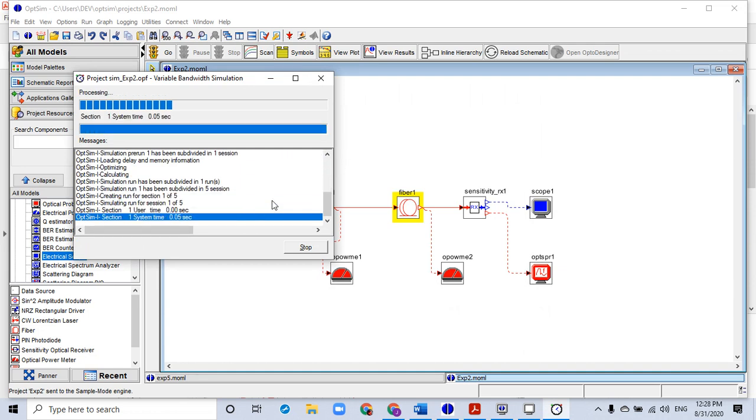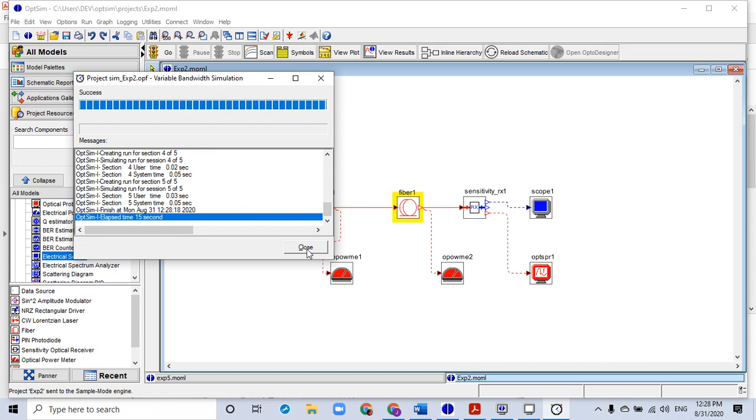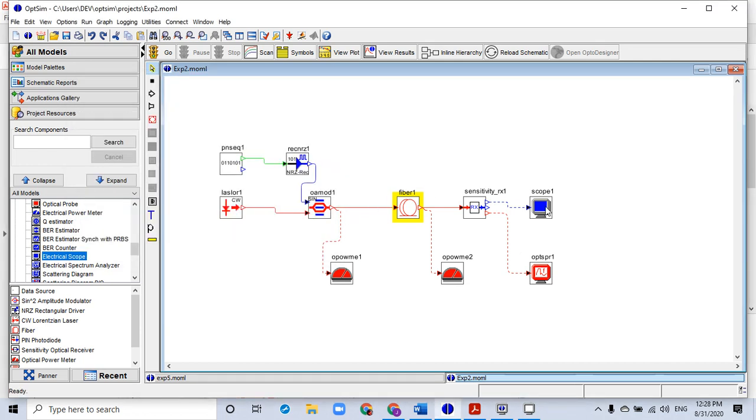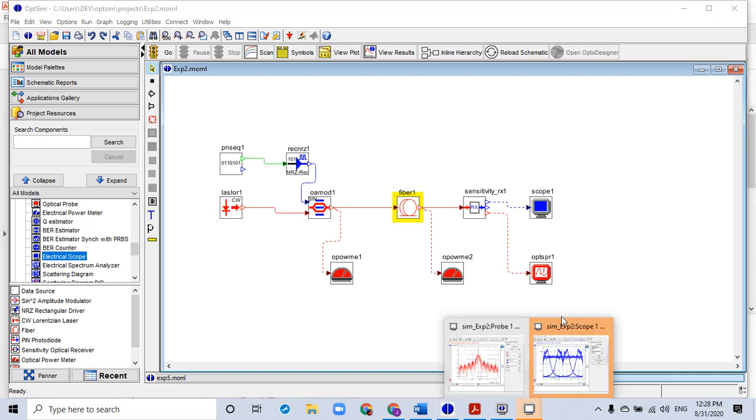So once the simulation is done, then we'll close this window. So this way the parametric run feature can be applied to the length of the fiber, right? Now let's check the eye diagram. Okay, it's visible over here, I guess. This one is already open.